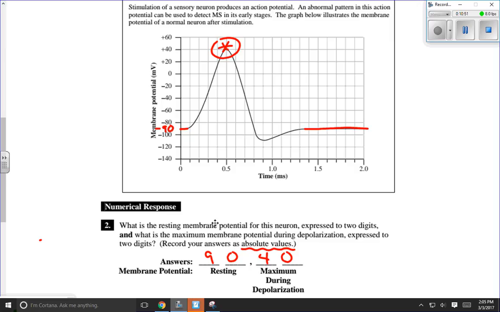So that one is pretty straightforward. We can just read it off the graph, provided we are able to spot where is resting potential and where is action potential. So something tells me there's going to be some follow-up questions to this because that question was just a little too easy. So let's see what the follow-up questions